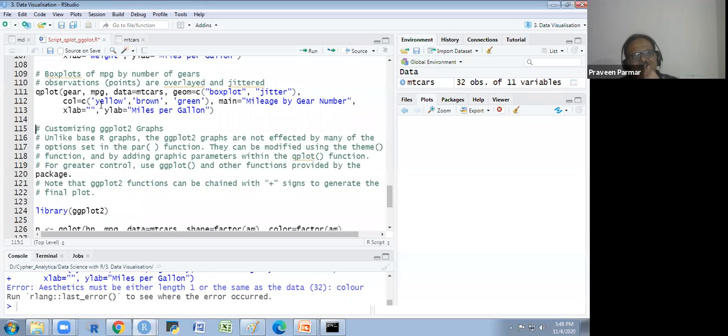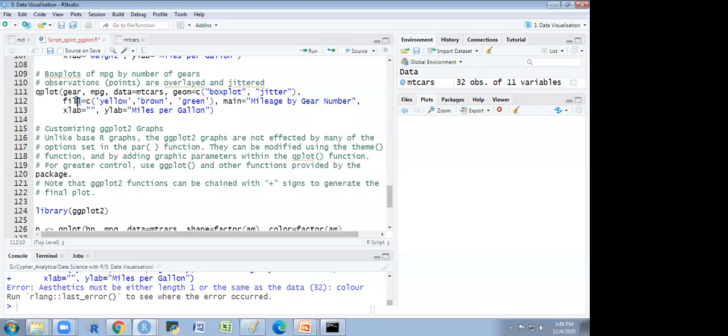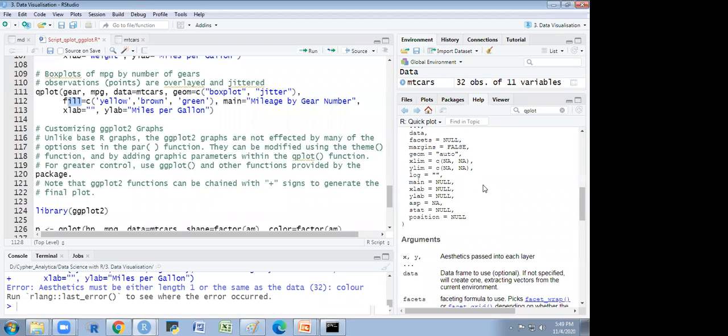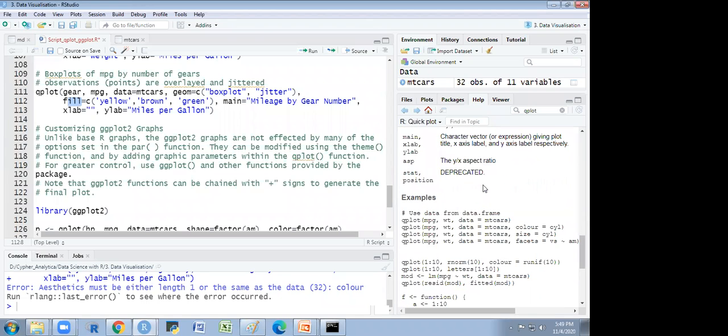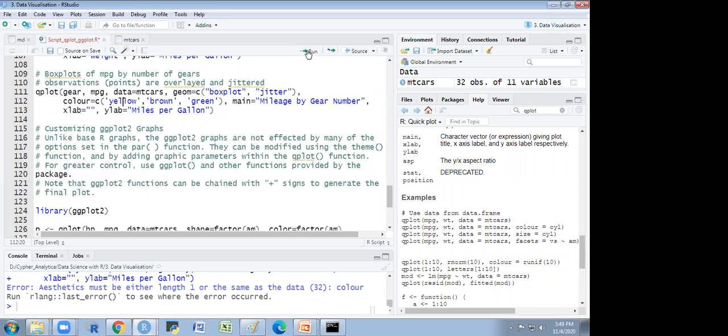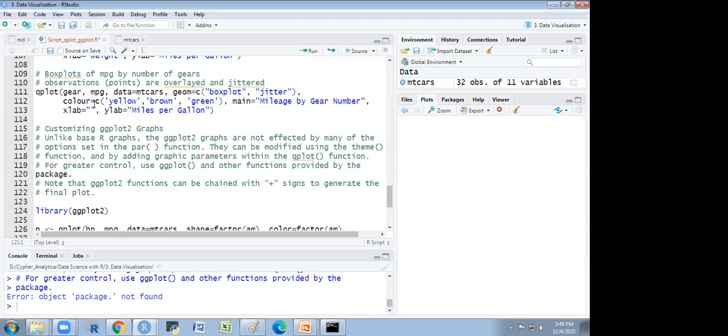It's taking the aesthetic, the color and the fill. It is not working with this.